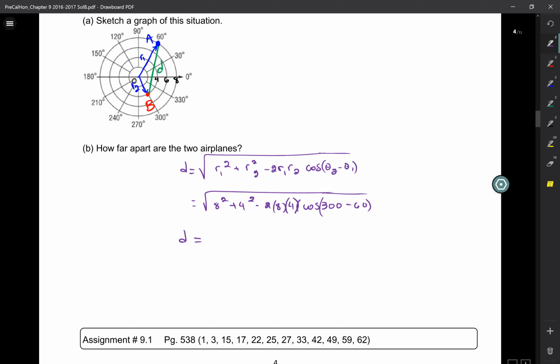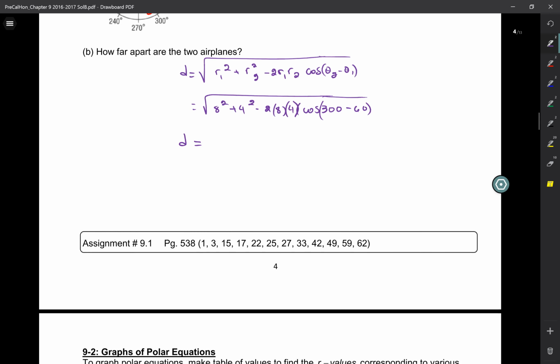Please, please, please. I will not tell you to put your calculator in either mode, but you need to know, okay? How much? 10.6 miles, right. So that's not really that far, right? 10.6 miles. So depending on which direction they're both headed,